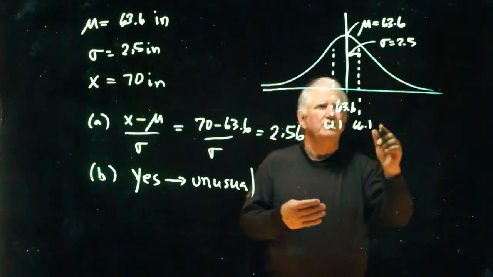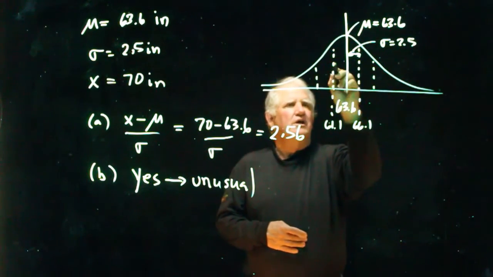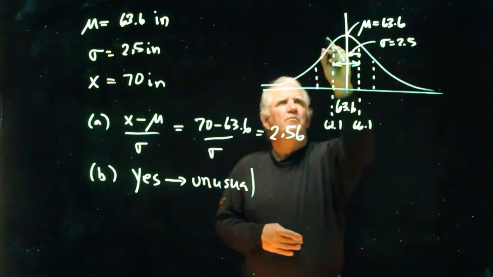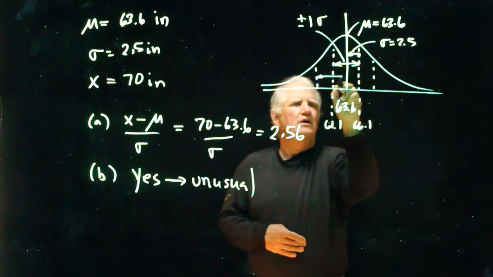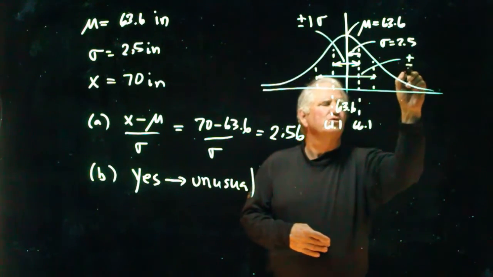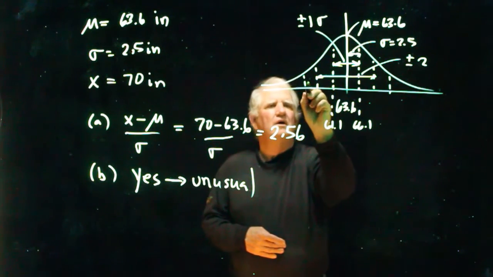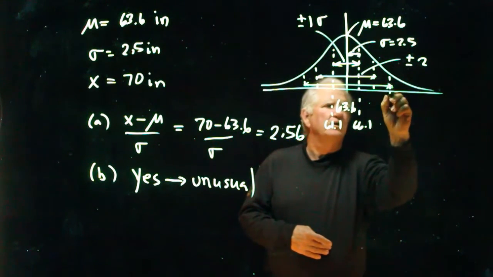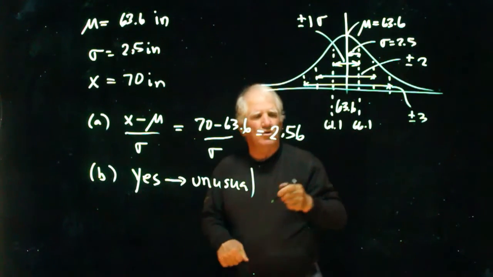And we can continue to do that, but I wanted to draw this so that I could go, hey, here is plus or minus 1 standard deviation. Here is plus or minus 2 standard deviations. Let me do it one more time. This distance right here is plus or minus 3 standard deviations. And the empirical rule